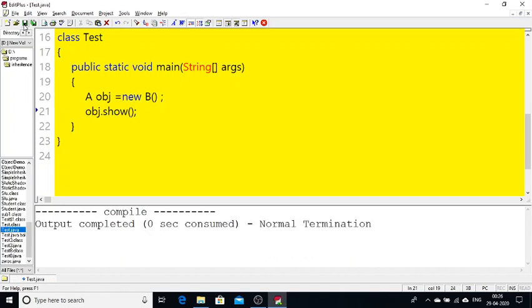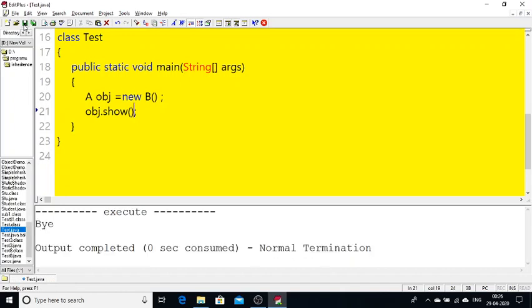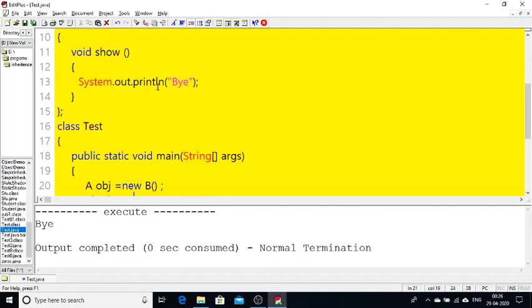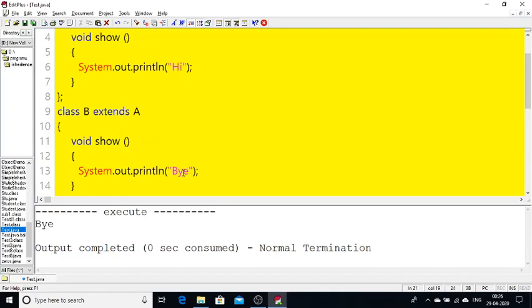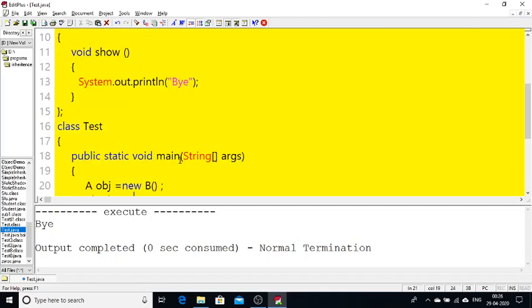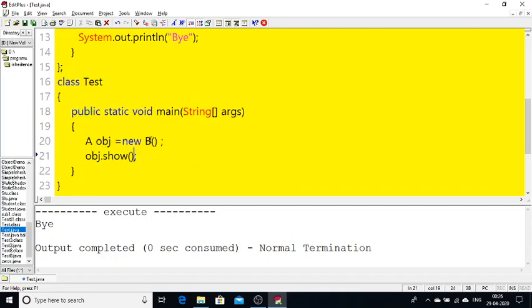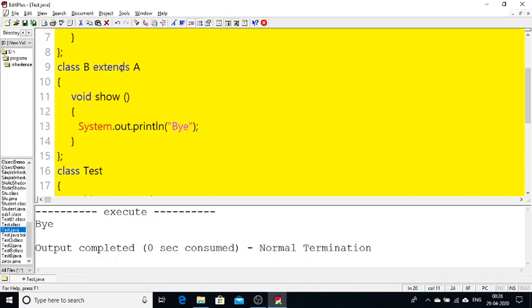First I am compiling this program, and when I execute it, see here, I am getting bye. Rather than hi, why am I getting the bye message? It is very simple. Here, a new object is created for the B class, not for the A class. Here obj is simply the reference variable of the A class. Within the reference variable of the A class, I have placed the object of the B class. So that's why obj.show is calling the show method of B.